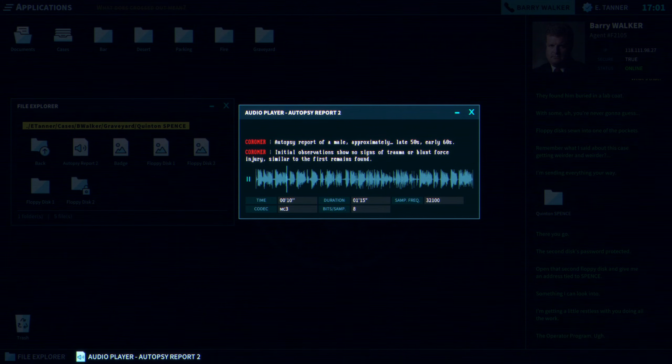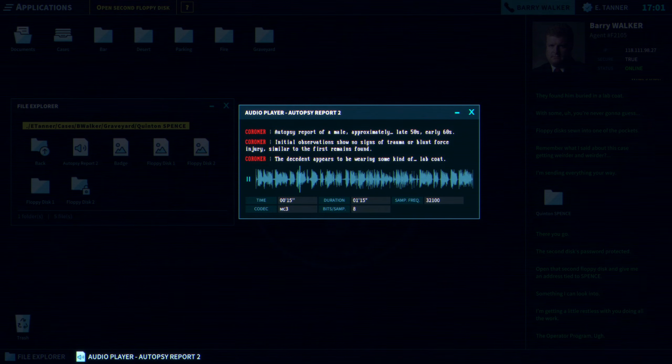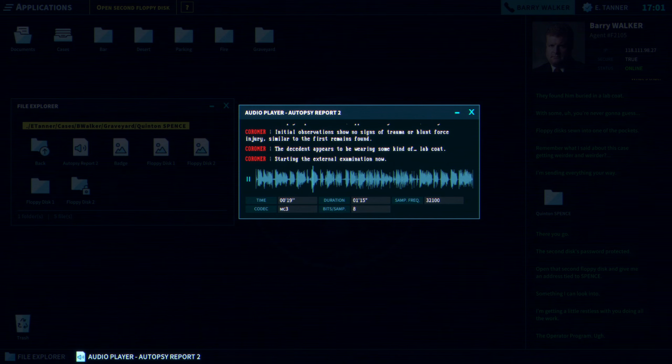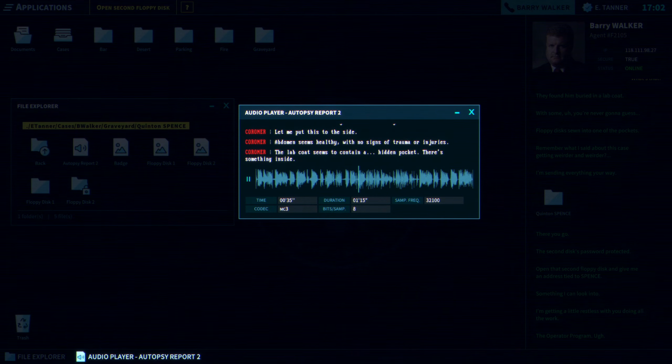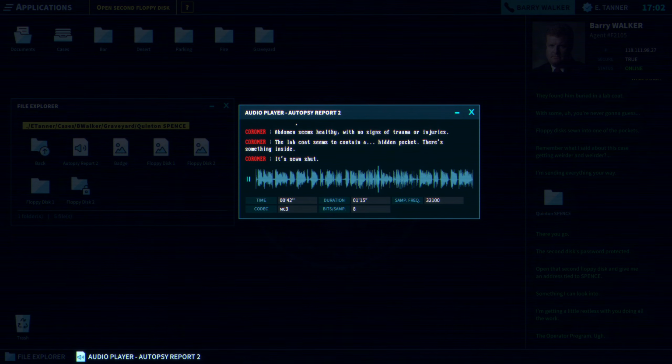The decedent appears to be wearing some kind of lab coat. Starting the external examination now. Excellent dentition. The decedent is wearing some kind of badge. Let me put this to the side. Abdomen seems healthy, with no signs of trauma or injuries. The lab coat seems to contain a hidden pocket. There's something inside. It's sewn shut.